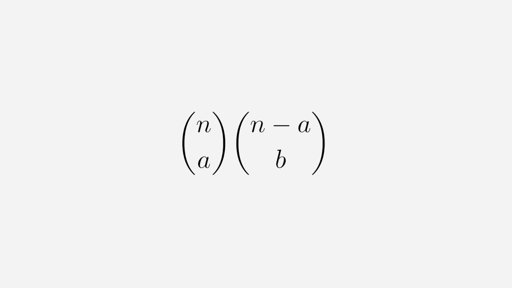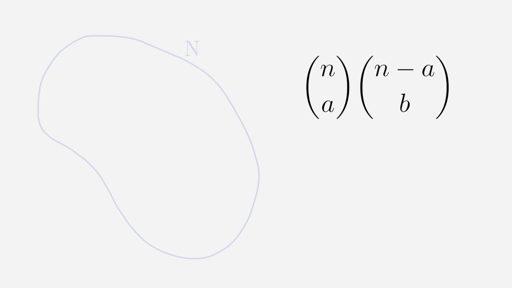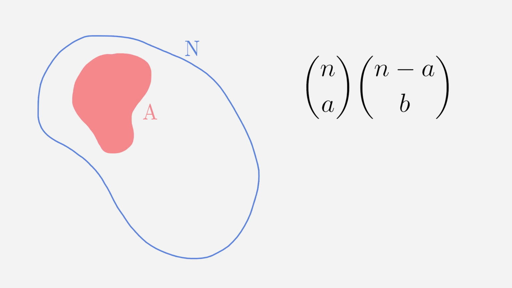In our combinatorial proof, we also start with taking the left side of the identity, but this time we want to interpret it with groups and subgroups. N choose a means that we have some group large N of n objects, and we choose exactly a elements from it and put them into the set large A. Then n minus a choose b means that we choose b elements from the set of untaken objects, which is exactly n minus a, and put them into a new set, which I'll call large B.